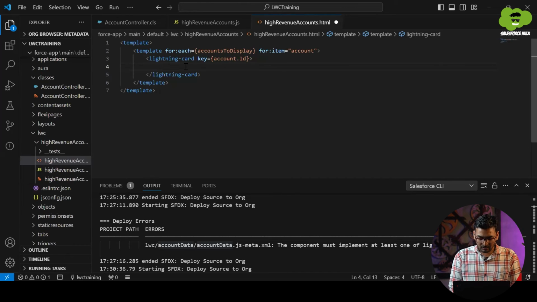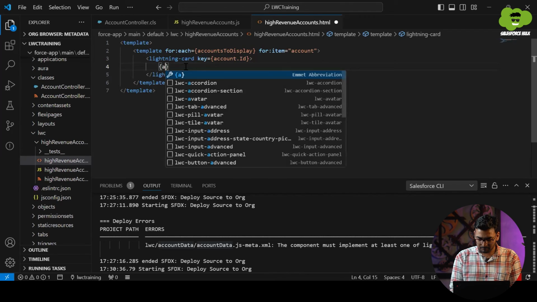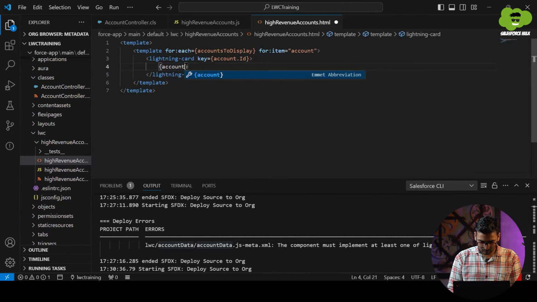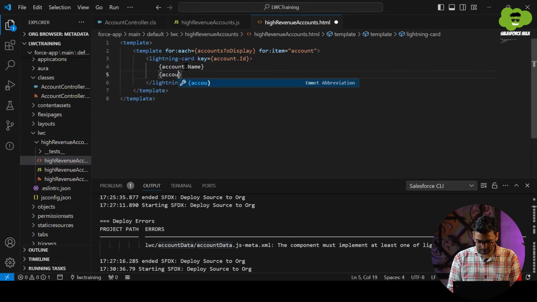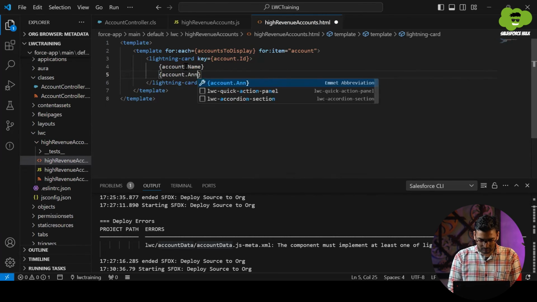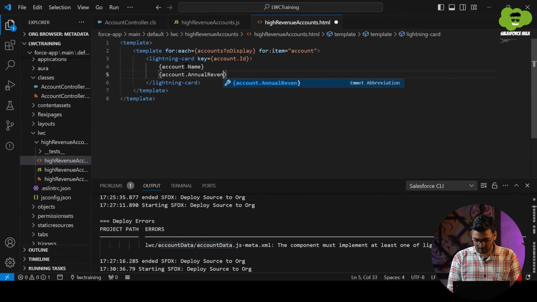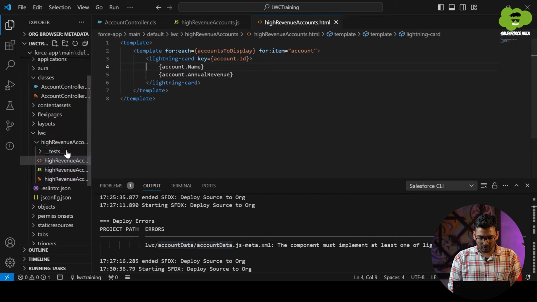Now moving ahead, here I'll be displaying some data like account.name and account.annual revenue. Yeah, so that's all. Now let's simply deploy this component.